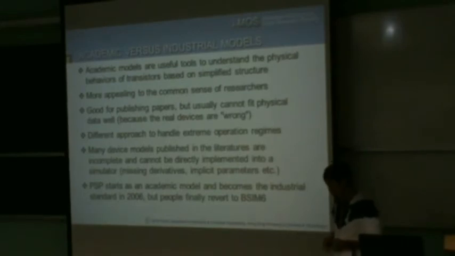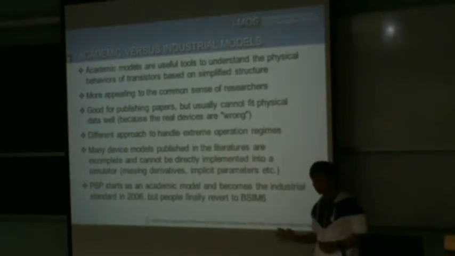It's useless. Now, if you develop a model academically, you should be able to predict the breakdown behavior at the very far end, because in the simulation, you don't know what number people put in. They can put in some value like 1 million volts. Then the model should behave correctly. Now, you have two choices. Suppose you have a very good equation about breakdown. For an academic model, you should predict the breakdown behavior at 1 million volts. But in an industrial model, this may not be the case. The reason is you won't be operating in that region. What you care about is convergence, right?